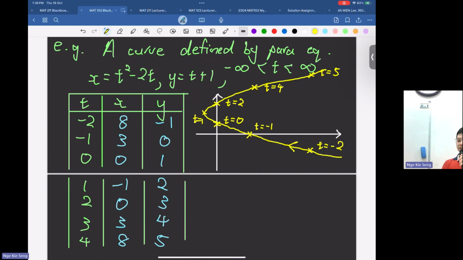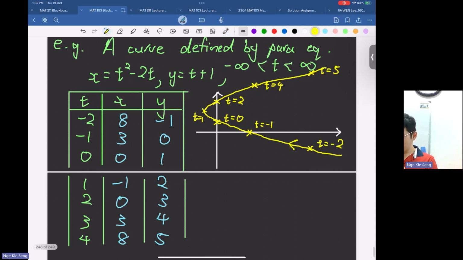So we describe this curve as a parametric equation, but this curve we cannot describe as a function from R to R. This is not a function. But we can use two functions in time to describe the curve. This is called a plane curve. Although we cannot write y in terms of x,